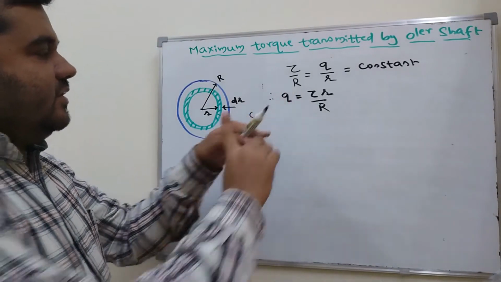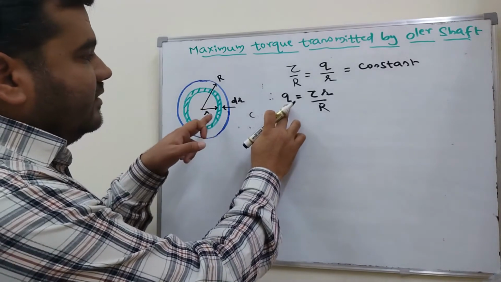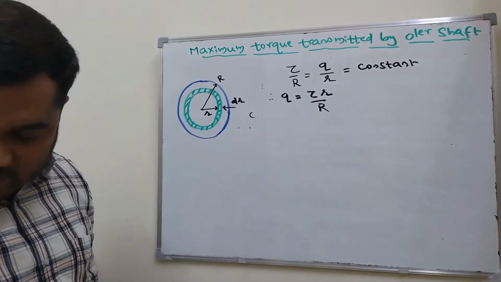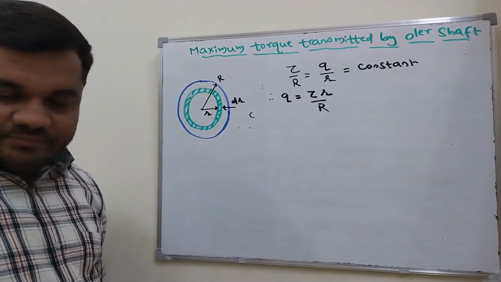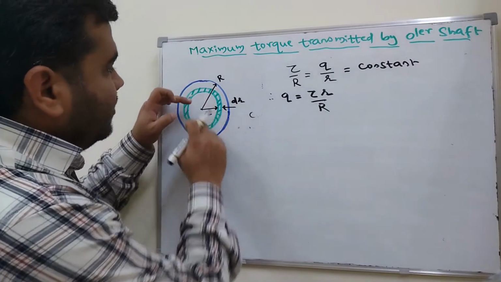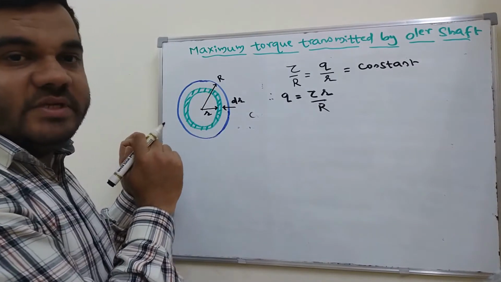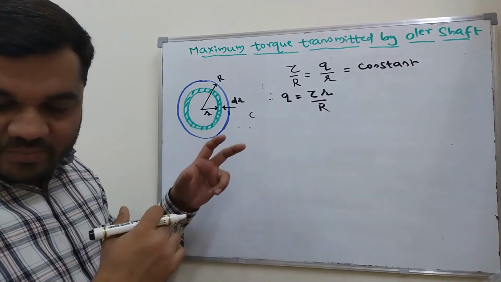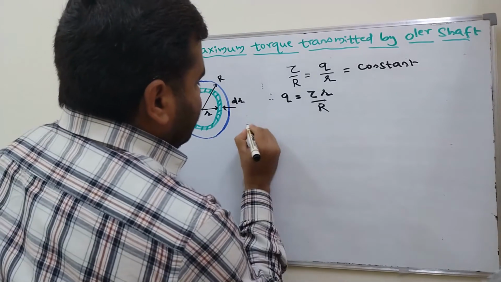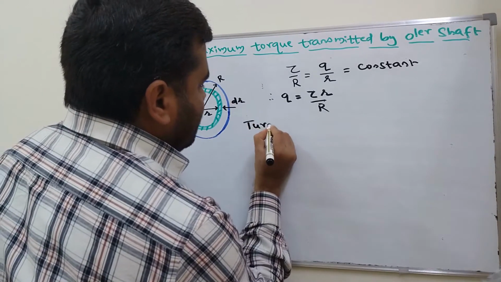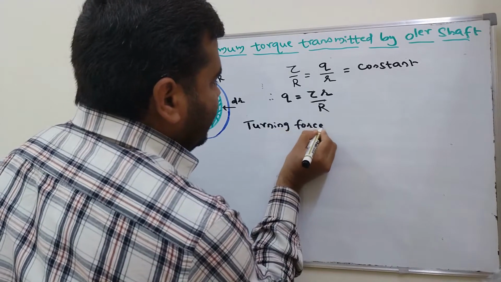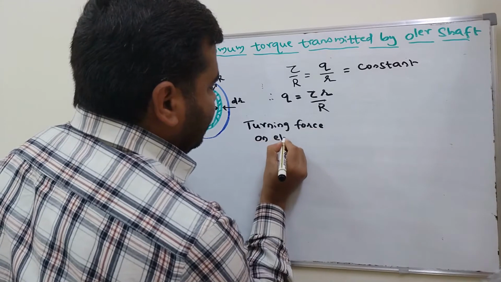So this is the shear stress on the elemental ring in terms of maximum shear stress. Now we will go to the turning force developed on the elemental ring. Turning force means whatever rotating force is developed on the ring. Turning force on elemental ring